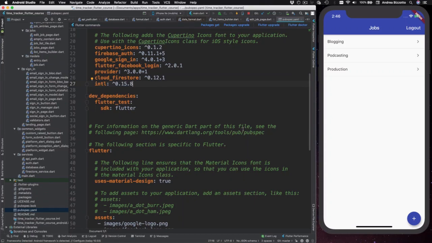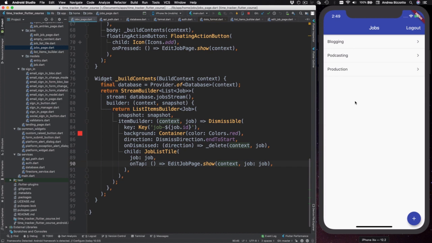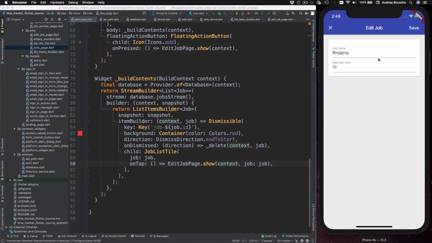After making all the changes in the previous video, you should be able to run the project once again, and if you are signed in, then you should be able to see the jobs page. Now, in the last video, we haven't really modified the jobs page at all. And this means that if we select any of the items in this list, then we are taken to the edit job page. However, the new code that we added allows us to see a list of entries for the